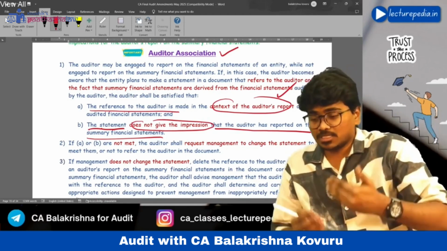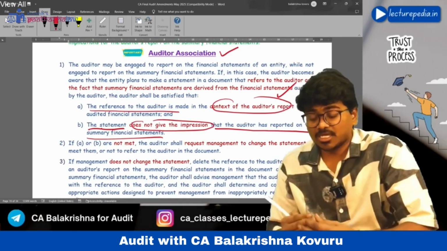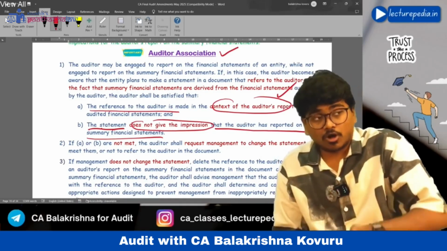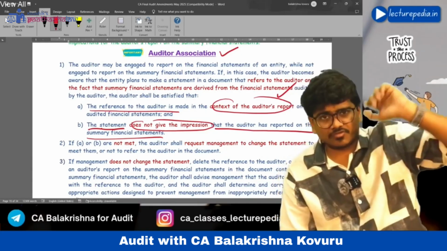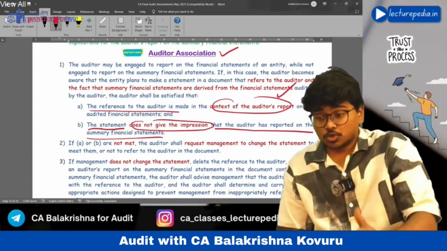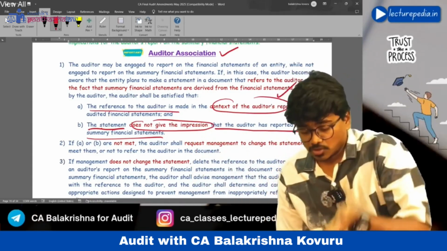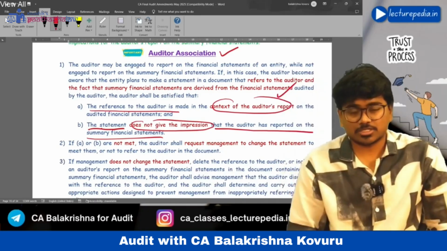Such a reference can be made, but it should not give users the impression that the same auditor has audited the summary financial statements.